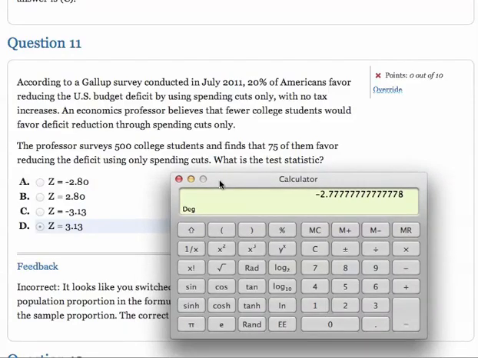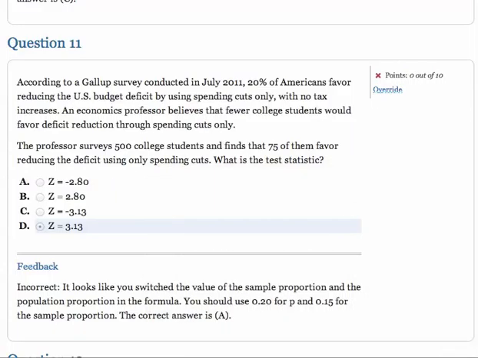The difference is probably just due to rounding, but the mistake I was making before was using p-hat when I calculated the sigma instead of using p. So I forgot what I'm always reminding you guys about. In a hypothesis test, we assume that we know p is equal to the value given here. So we use p to calculate the standard error. That was my mistake. Okay, so let's keep going here.